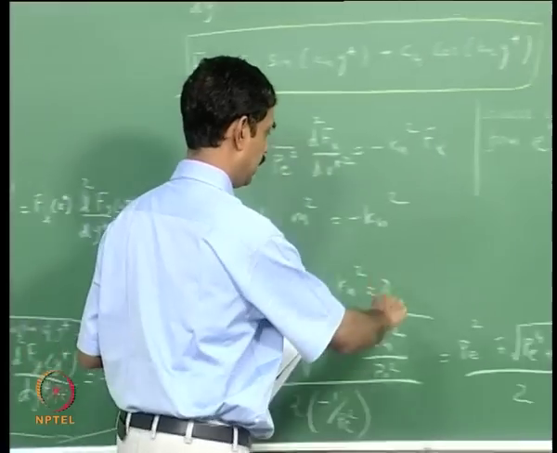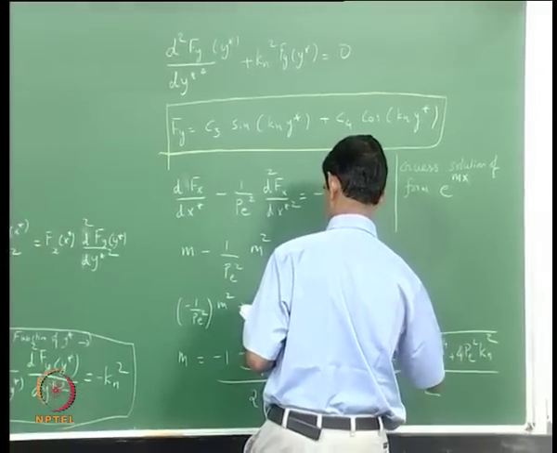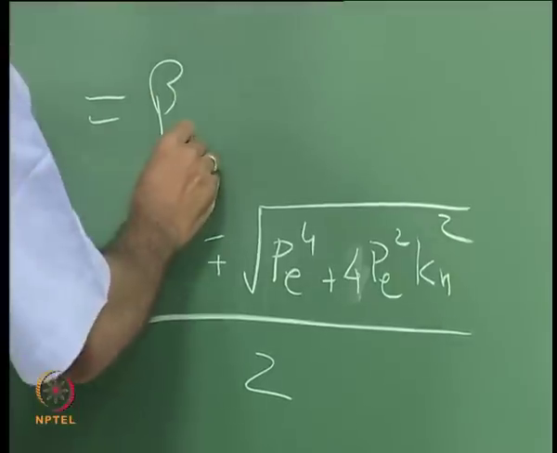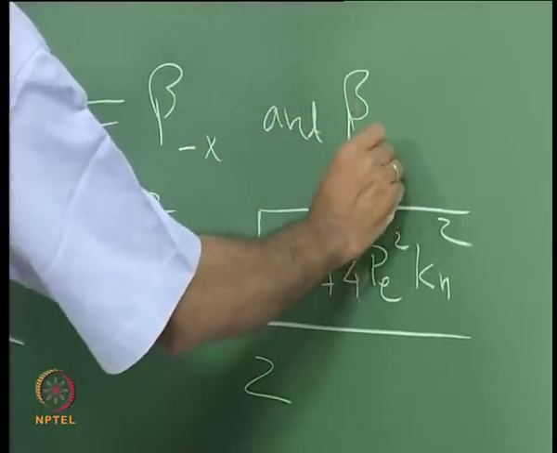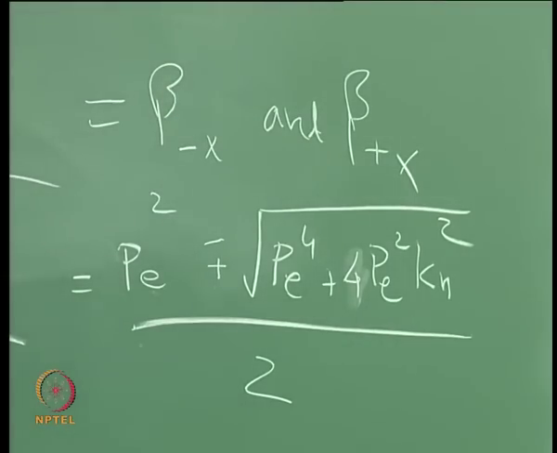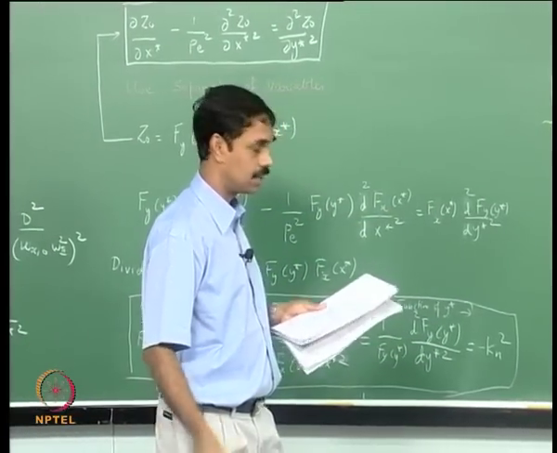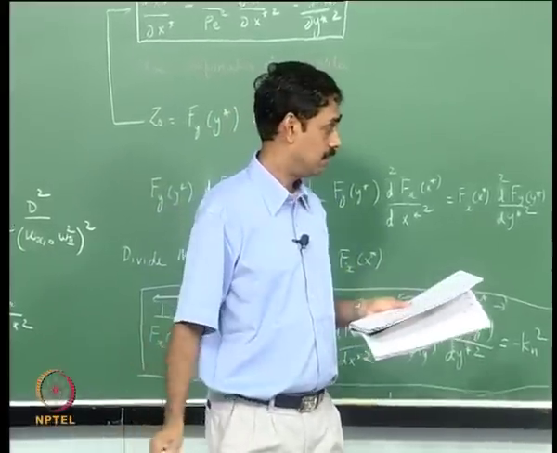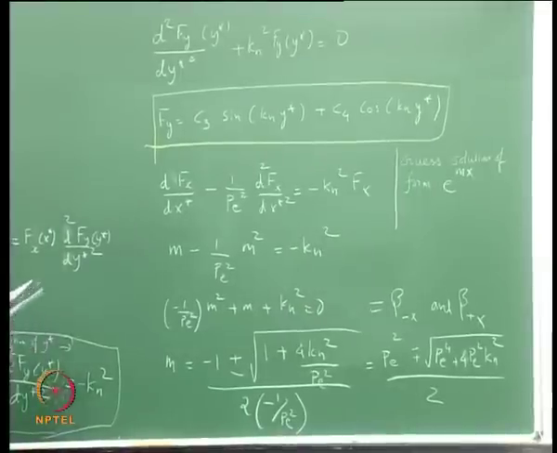So let us call this beta minus and beta plus. p plus square root of p power 4 plus 4 p squared kn squared over 2, we call beta plus. p minus the square root of p power 4 plus 4 p squared kn squared over 2, we call beta minus. Then we can write the solution as